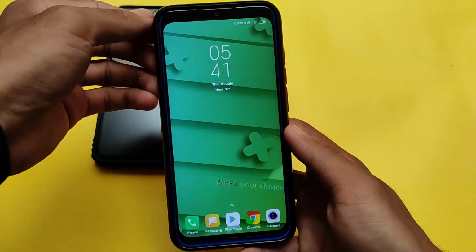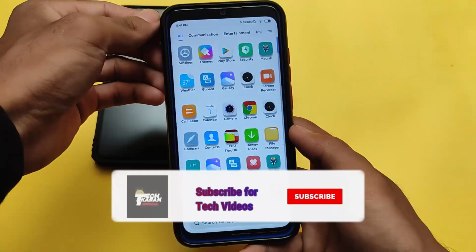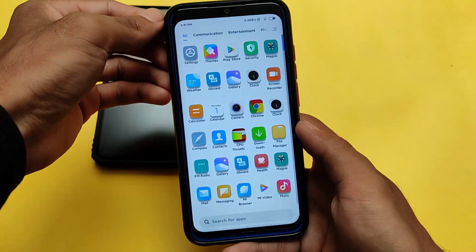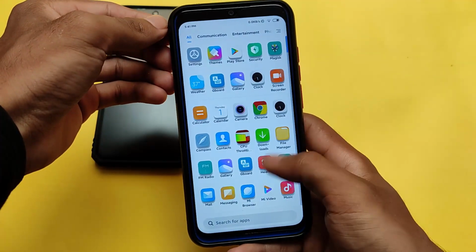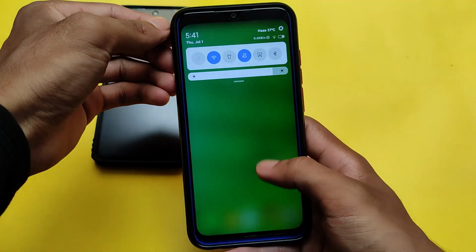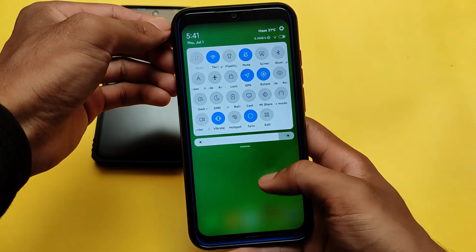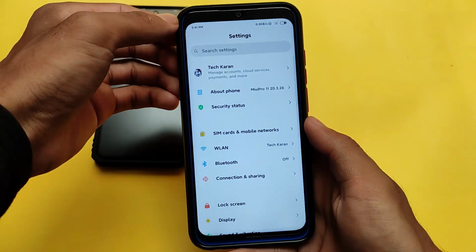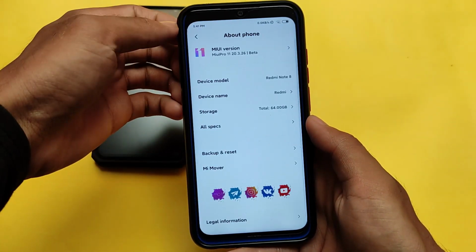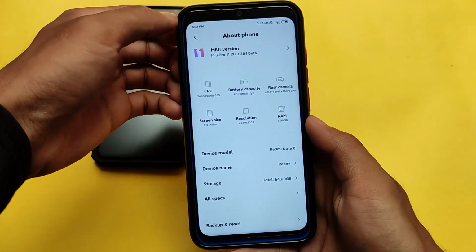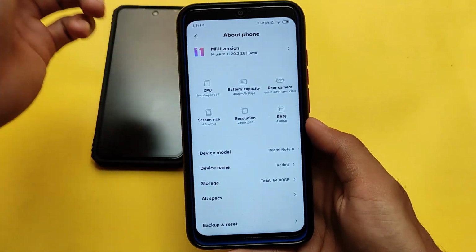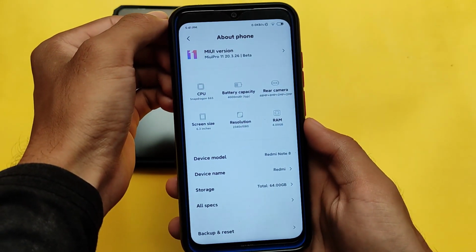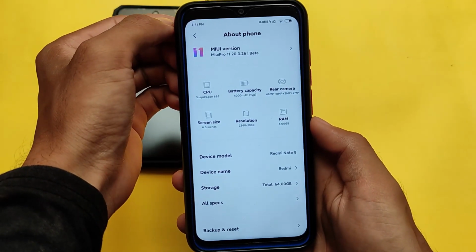If you're a user of Redmi Note 8 and in search of a very fast, customizable MIUI OS for your device, here we have installed and tested it, working perfectly fine. This is what I've installed on my device, and maybe you have already guessed it. This is based on MIUI 11, by the way. We're talking about the MIUI Pro 11 20.3.26 beta version, which is based on, of course, MIUI 11, and alongside that it's based on Android version 9.